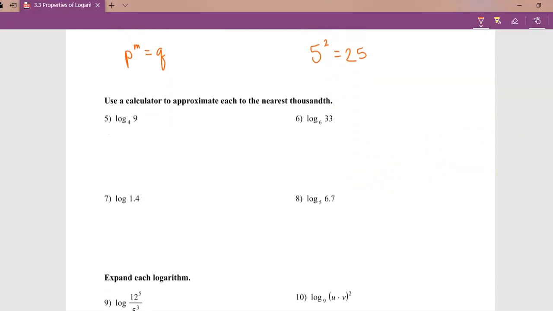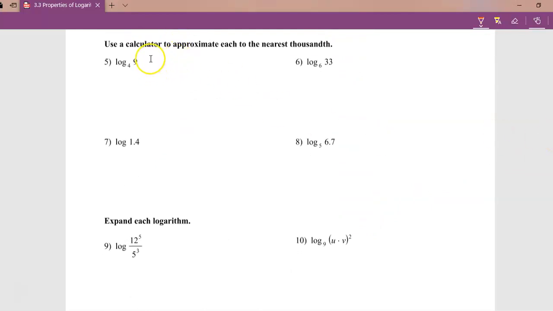This next section, you're going to use your calculator. So this is using the change of base formula. So I'll put that in my calculator as log 9 over log 4. Remember, you can also use natural log. That works too. This one I would put in just as it is because the base does not exist there. So that means it's just log base 10. So on that one, you can just literally put it in your calculator like that because the base already matches the one in your calculator. But these other ones where the base is different, you need to